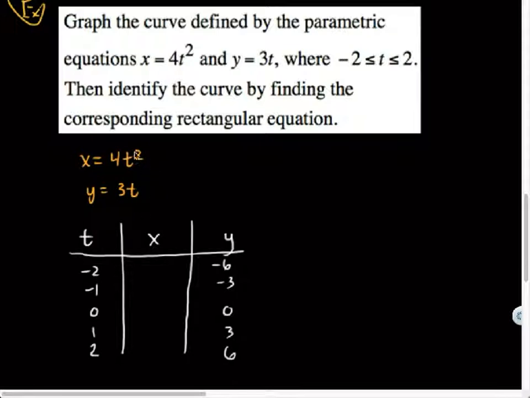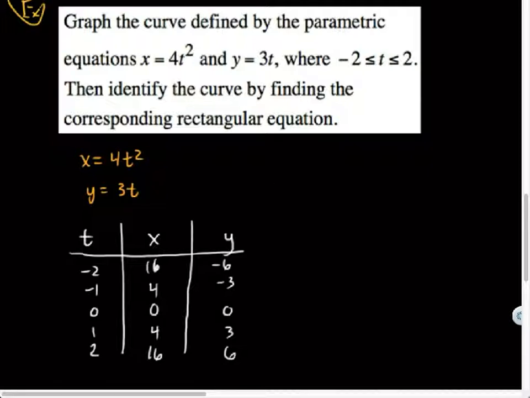All right, now for x. -2 all squared is +4. 4 times 4 is 16. Plug in -1. -1 all squared is +1 times 4 is 4. 0 squared is still 0, and multiplying by 4 does not change its zero-acity. 1 squared is 1 times 4 is 4, and 2 squared is 4 times 4 is 16. So, if I wanted to graph this,